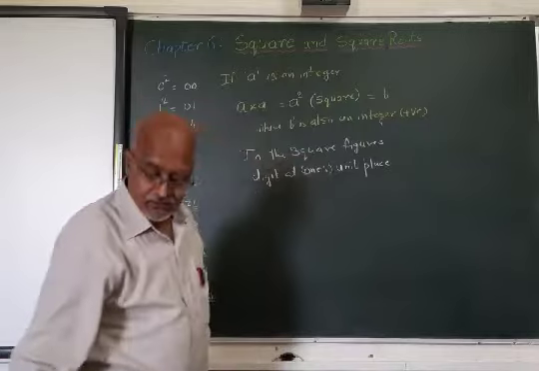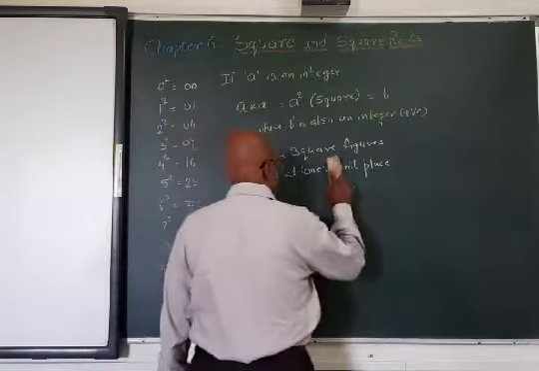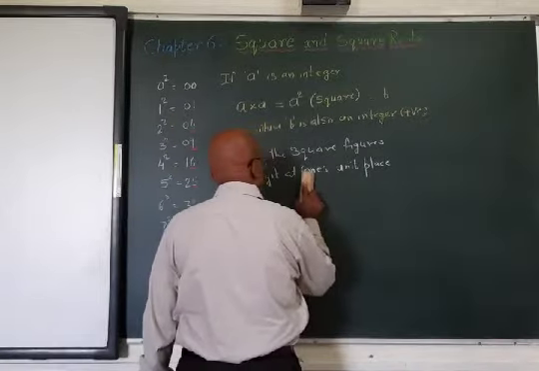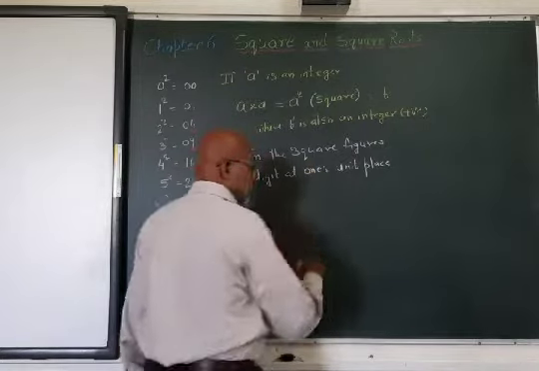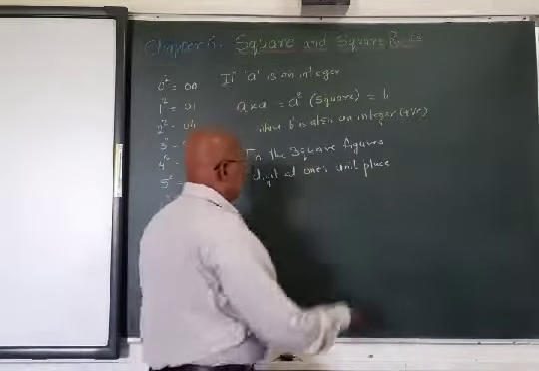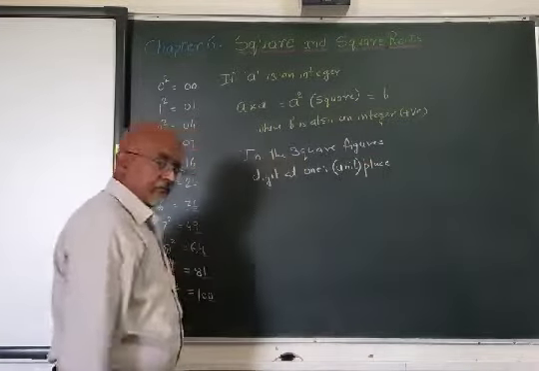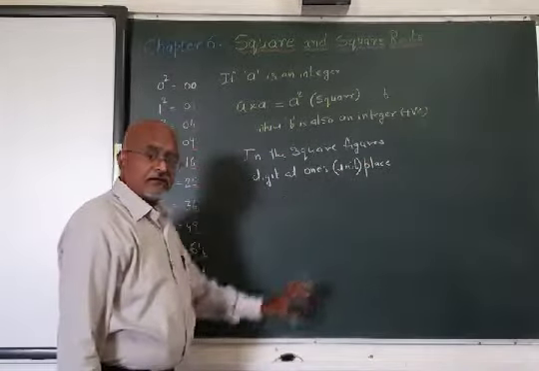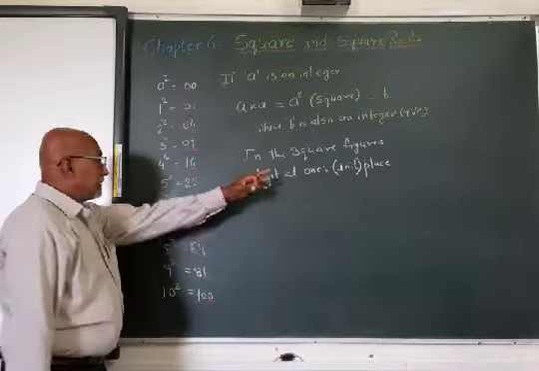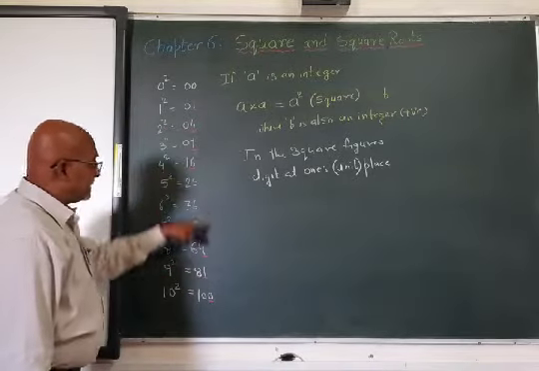Ones place is the Indian term, and unit place is the international term. It is one and the same. So the ones place or unit place digits are,